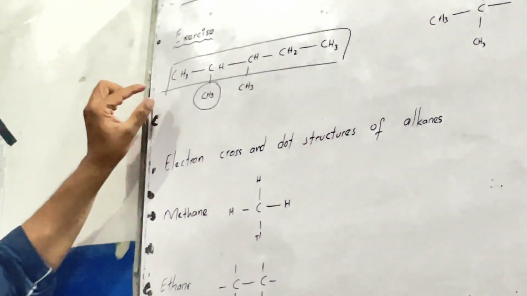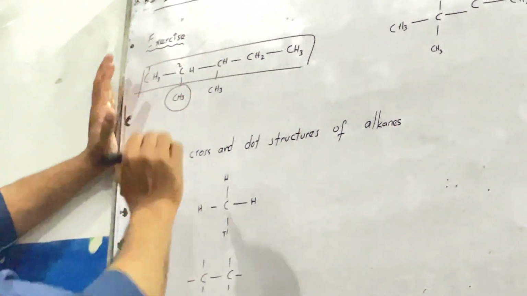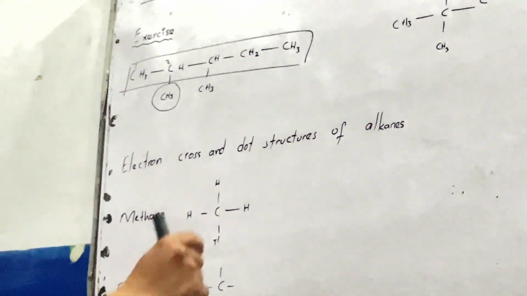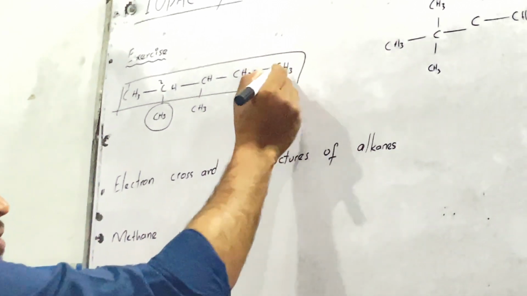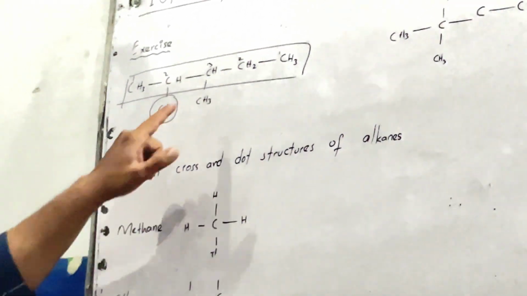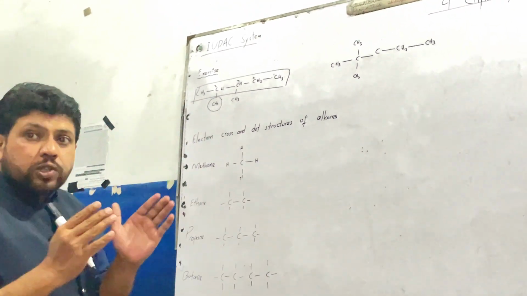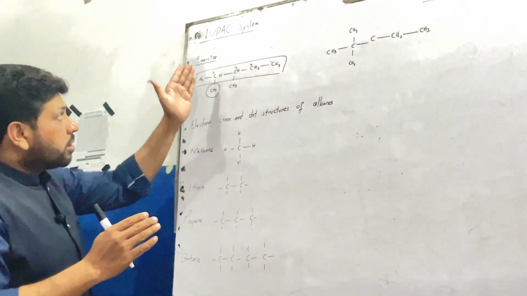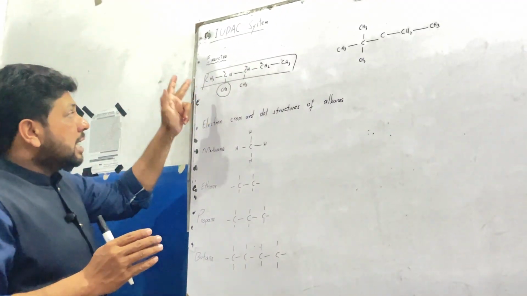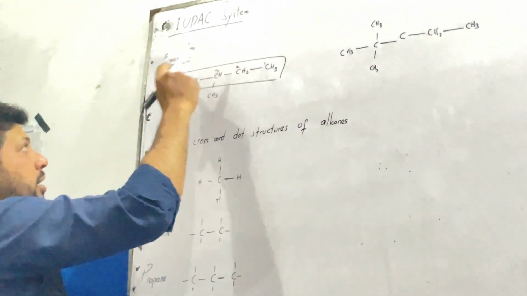If we count from the left side, 1, 2, the substituent exists on carbon number 2. On the other hand, if we count from right to left, 1, 2, 3, the substituent is on the third carbon. Which one is closer? Left side is better for counting, so we count from left to right, 1, 2, 3,